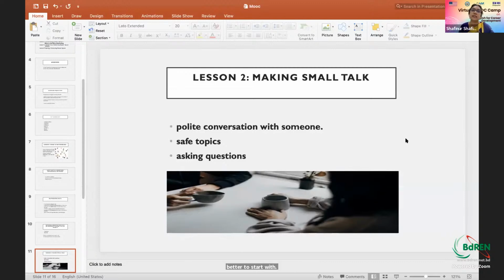And as I said earlier, you are going to make your professional relations, professional networks. You are not going to make any very personal friends. So your friend may share their own things, their ideas, the controversial things I'm talking about, but your professional colleagues, your co-workers, they are not going to share those things. So better stick with those safe topics. And also you can add some questions. You can start the small talk with asking questions.